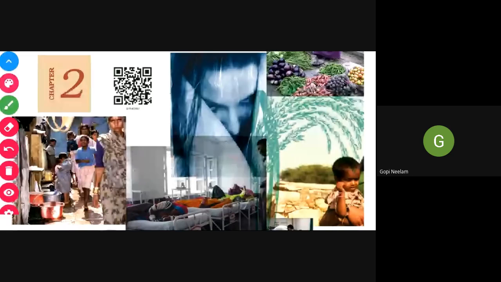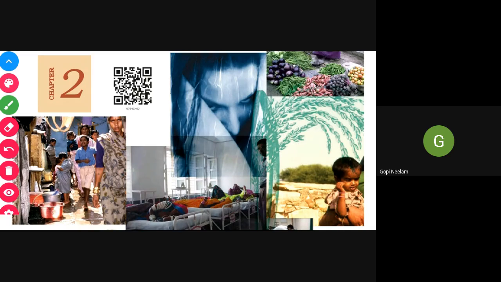In the previous chapter, we have already discussed till page number 23. So, let us have a summary of this chapter. Now we are in chapter 2, Role of the Government in Health, especially focusing on the state government. We have already covered 50% of this chapter, so today's class will move forward, covering the new concepts.